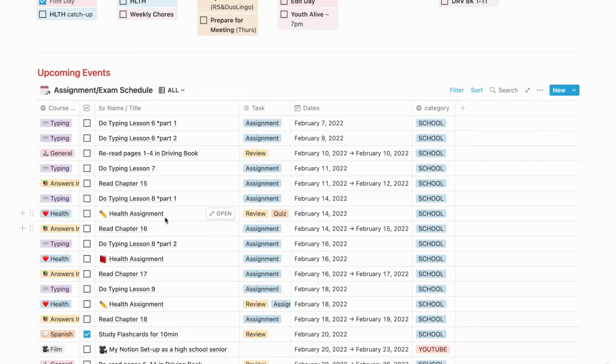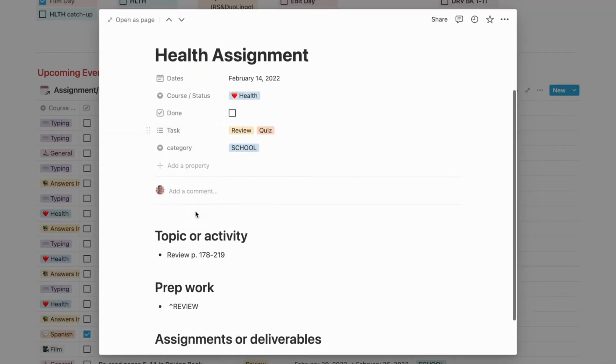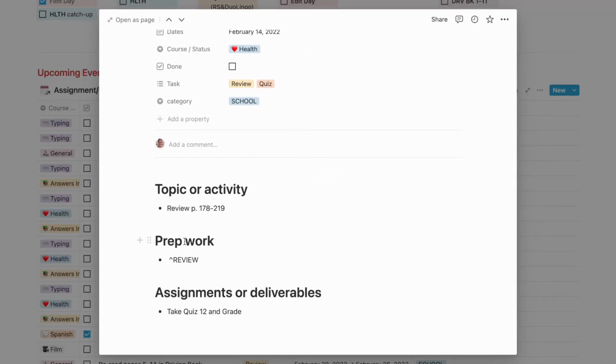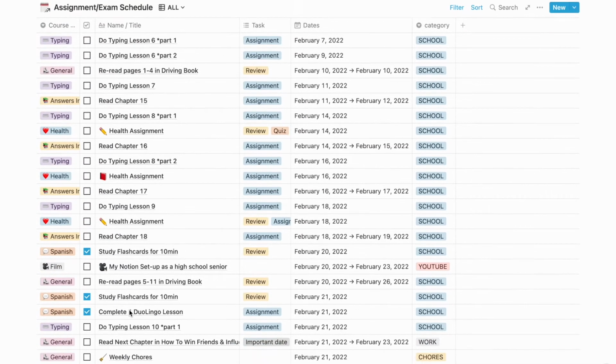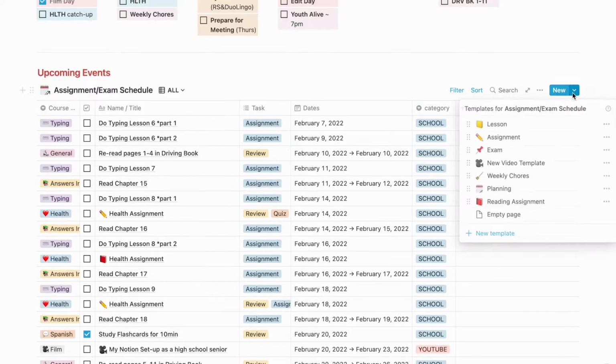So that if I open up this page here for health assignment, you can see how it says a topic or activity, prep work, and assignments or deliverables. So I don't have any deliverables, obviously, because I am homeschooled, so I don't really have to deliver anything to anybody. But you can see this emoji here. So my point with that is that over here, it says new, but these are all my templates for this specific